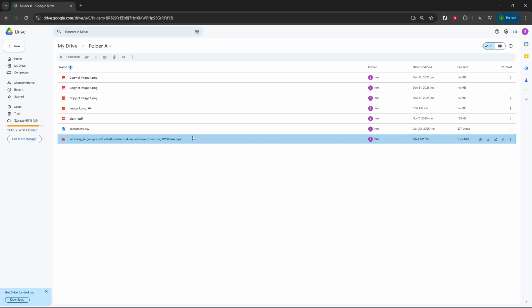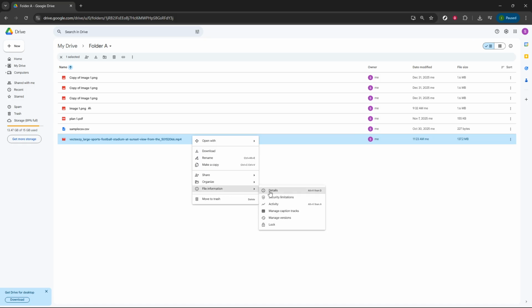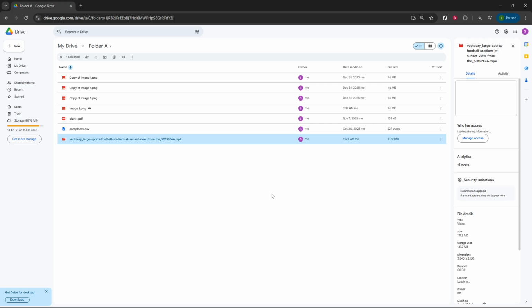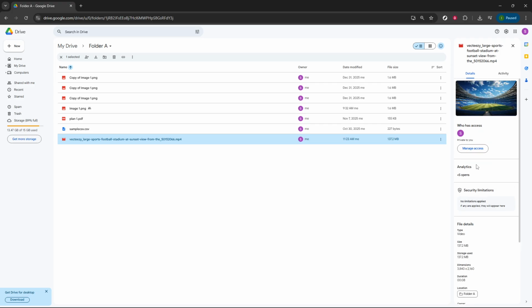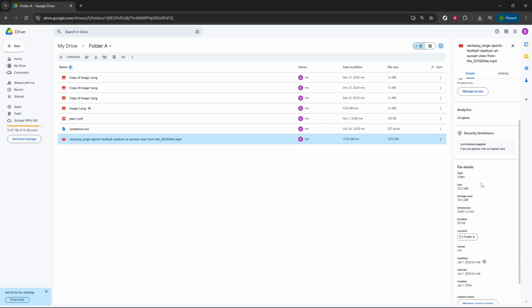Now right-click on the file to open the context menu. On a mouse, that's the right button. On a trackpad, use a two-finger click. From that menu, go to File Information, then choose View Details. This opens a panel on the right side of the screen with information about the selected file. As a tip, if you prefer shortcuts, pressing the letter I on your keyboard when a file is selected also